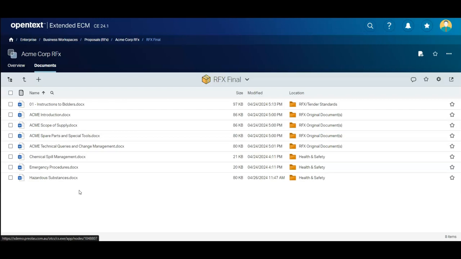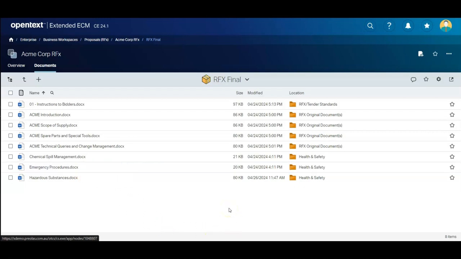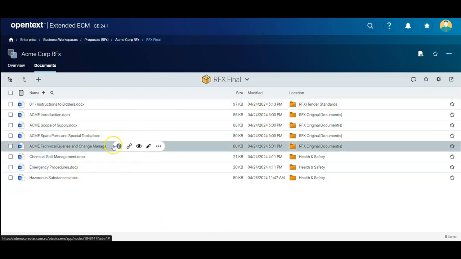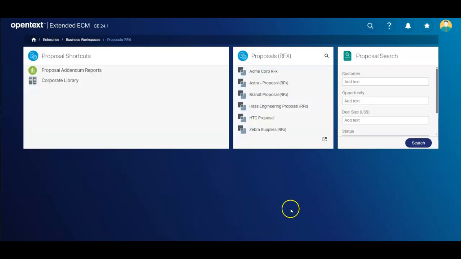So we're going to keep an eye on the emergency procedures document. This is the one that will change as we go through the process, and we'll see as we change this how the packages module shows how changes can be managed. So if I look through a couple of other